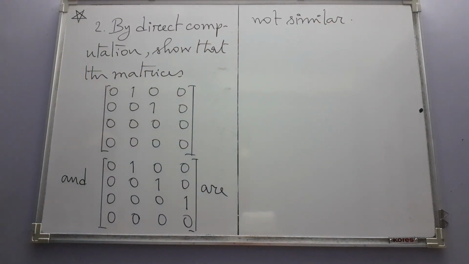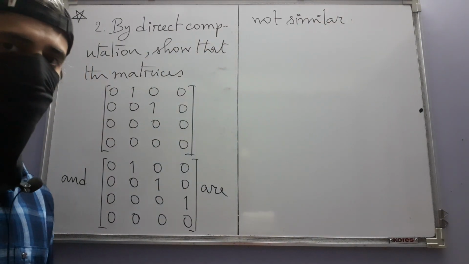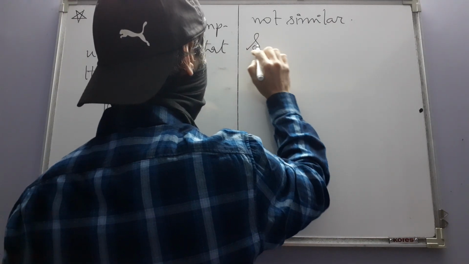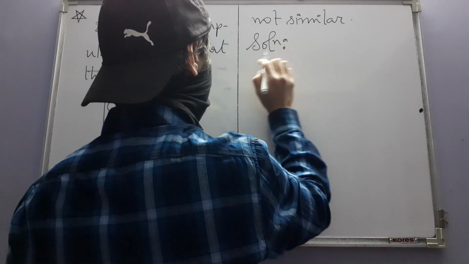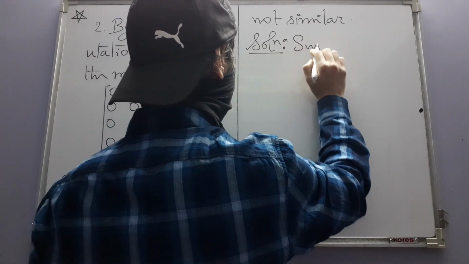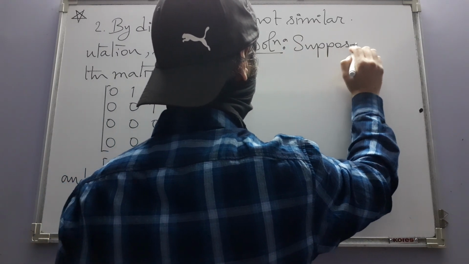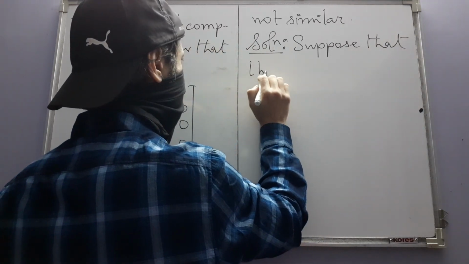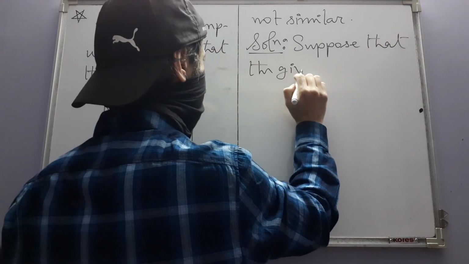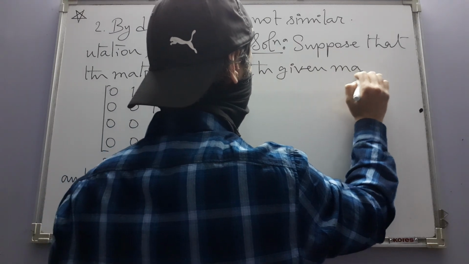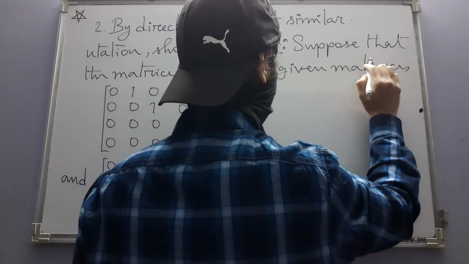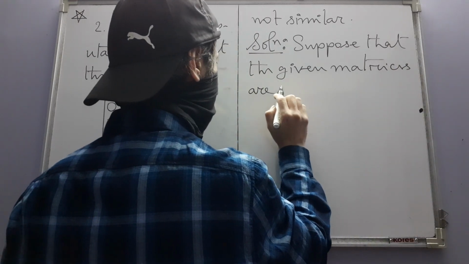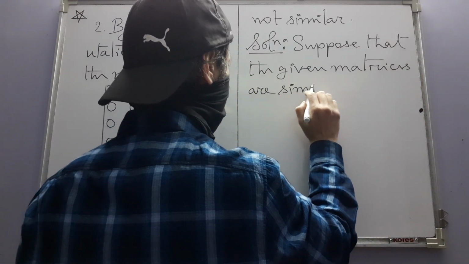We will suppose that they are similar and then try to reach a contradiction. Suppose that the given matrices are similar,